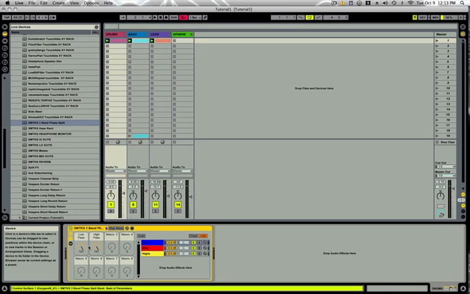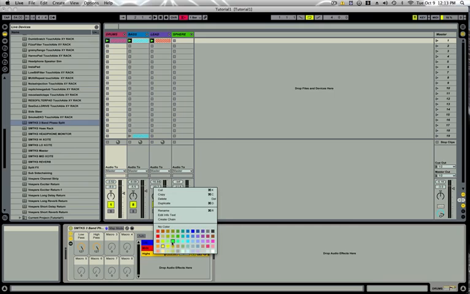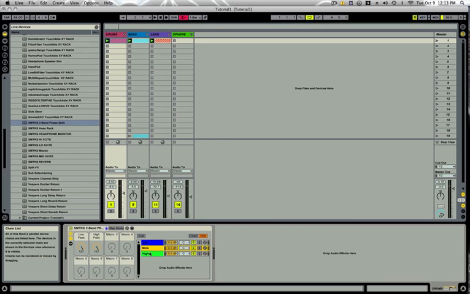As soon as my old computer catches up, you'll see that this rack splits into 3 different frequencies. Change this to green just because. So anyway, if we solo the drums and then we solo the low chain, you'll hear we only have the lows coming through. We can adjust where this is with this here. Kind of just want the sub bass to be coming through on this for the purposes we're going to do, so I'm going to leave it right at about 80 there,